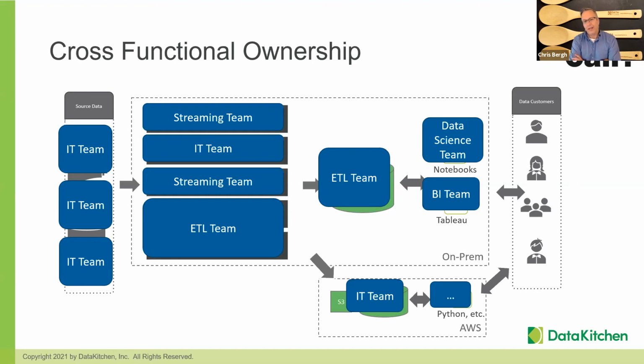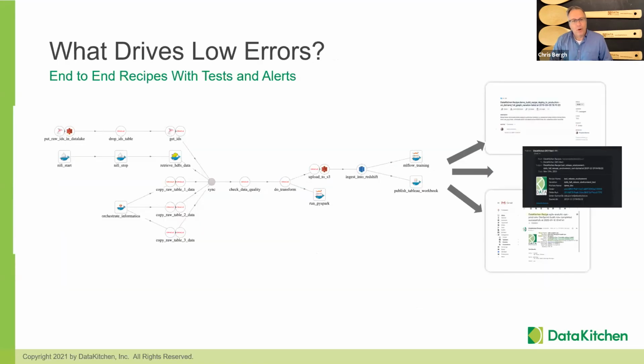And so how do you stop this? First thing, how do you find problems before your customer sees them? The way to do that is not to replace everything that you have. It all works. So the way to do it is to put something on top of it, to observe the data, to grab bits of the artifacts that are created and check them. See if they're the right size, the right shape, they have the right numbers. And if something looks off, alert someone as soon as you can.